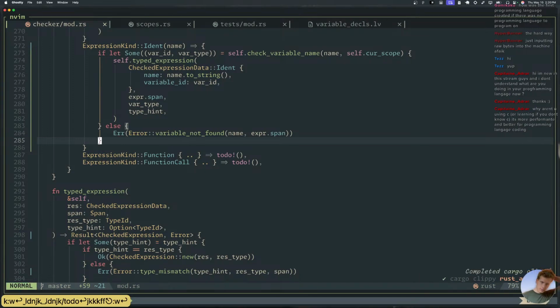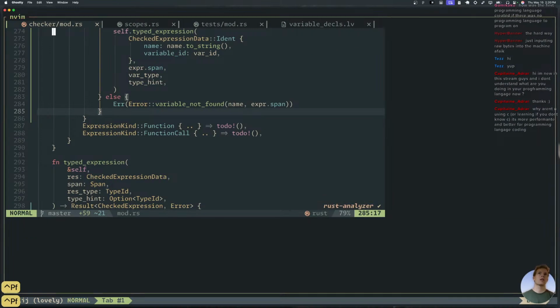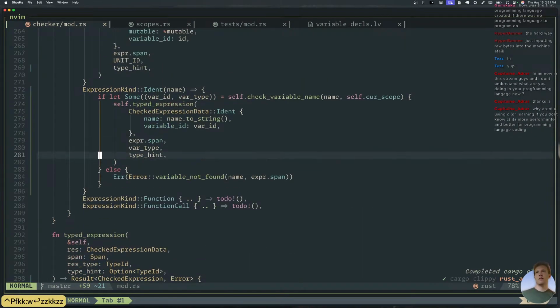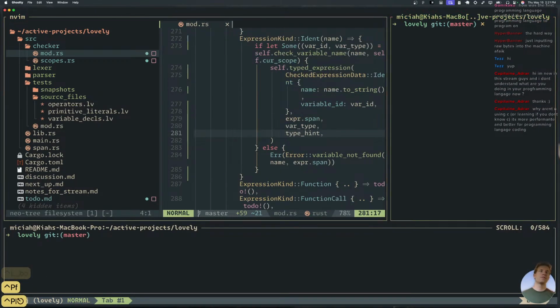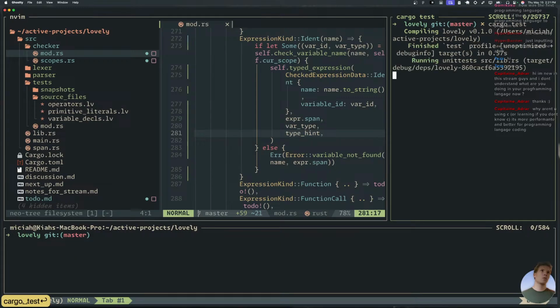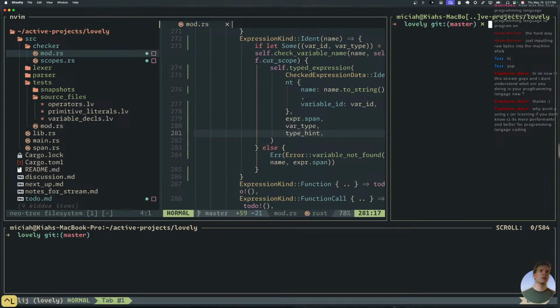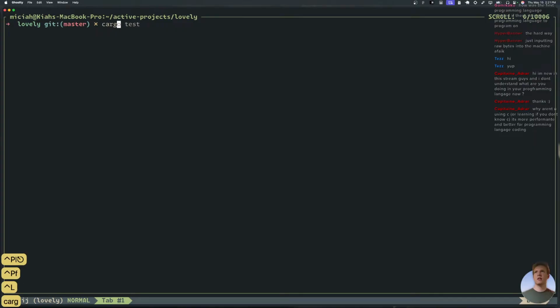All right, should we try this? Shall we see if this actually works? First of all, did we break anything? We did. It's because we added some data to those snapshots. Let's do this.